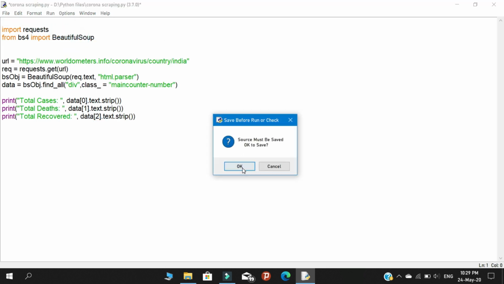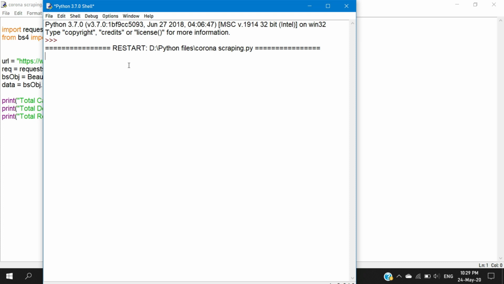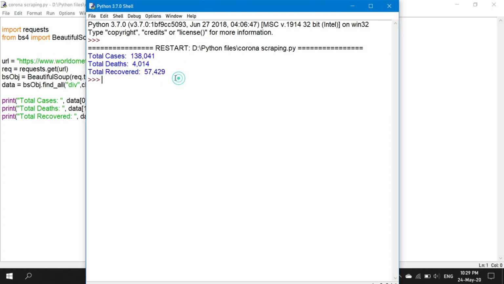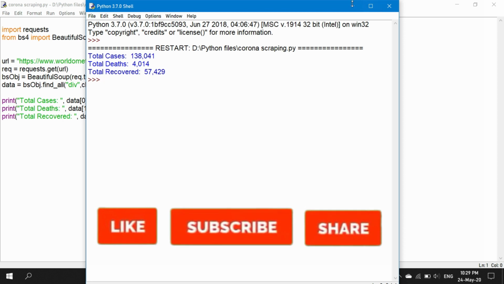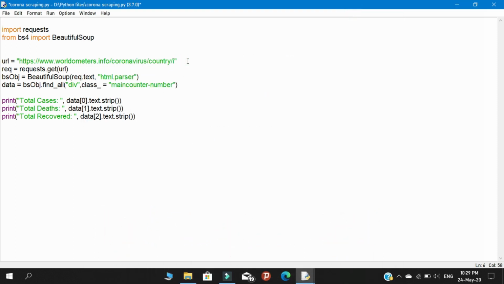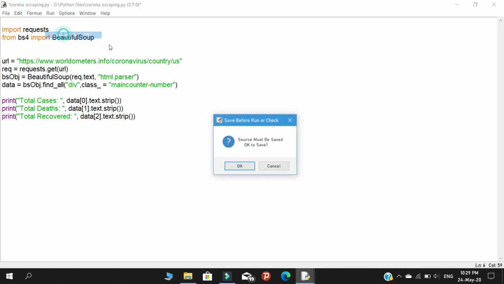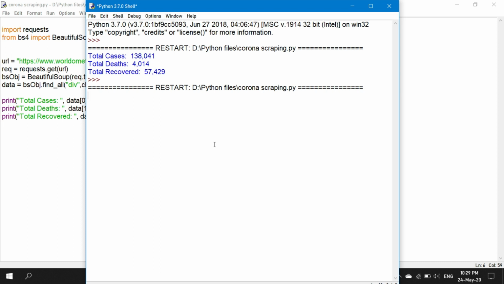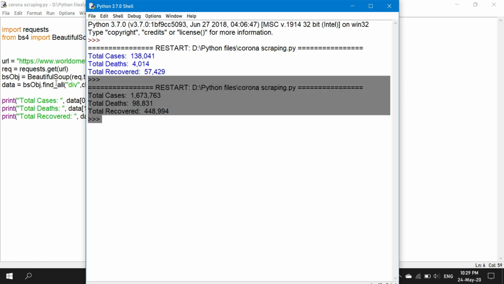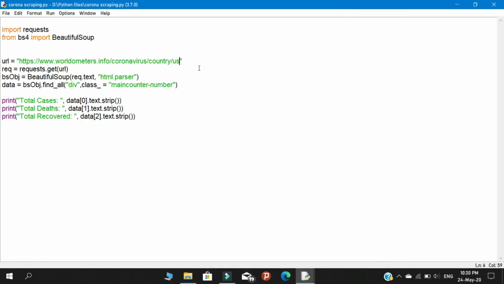The program. So this is the status of India. If you want a country like USA, then you need to mention US. So this is the status of USA. If you want more countries, then you need to mention the ISO code of your country. Then only the website identifies your country code and it will replace it with the status of your country.